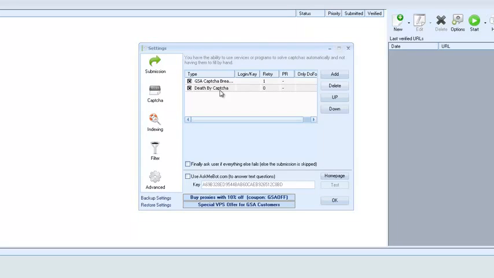So the good thing is you're going to probably get almost all of the links, but the bad thing is you're going to get a pretty good bill. So in GSA Captcha Breaker, there's settings where you can send over just particular types of CAPTCHA to Death by CAPTCHA. For instance, reCAPTCHA is one of the big issues that GSA and other desktop-type CAPTCHA services can't solve. You could just set it up to send reCAPTCHA over to Death by CAPTCHA,